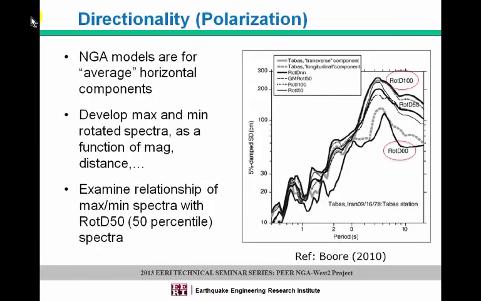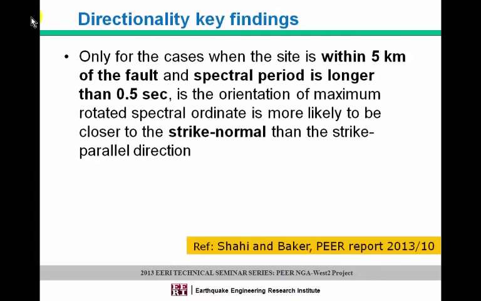Polarization, or directionality, of ground motion. I mentioned the issue became important after NGA-West1, when our friends in the building code community recommended using rotated, maximum rotated ground motion. And for decades, we have been saying that fault normal is very important, and fault parallel and so on. So a group of researchers headed by Professor Jack Baker at Stanford dug into the database,